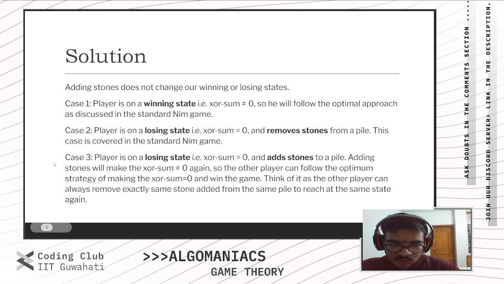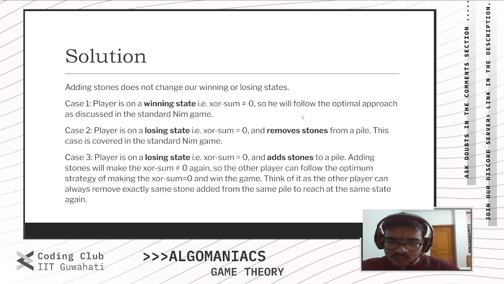So the only case added is the third case. Now, the player is in a losing state, XOR sum 0, and he adds some stones to a pile. Now, we'll see that adding stones will make the XOR sum non-zero again. So again, the other player can follow the optimal strategy of making the XOR sum 0 and win the game again. For example, if you think 1, 2, and 3, and the player adds